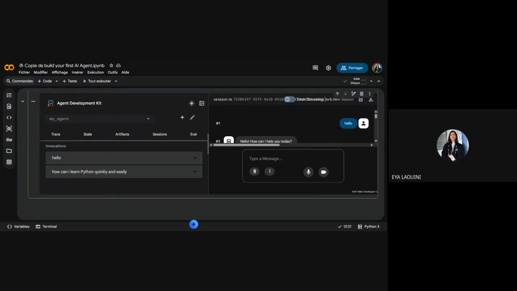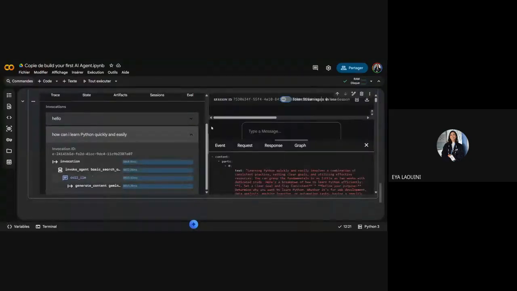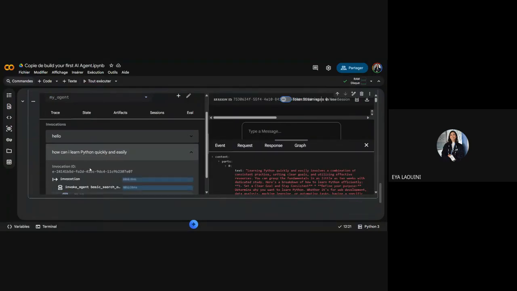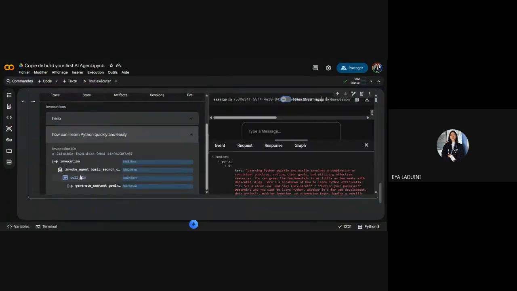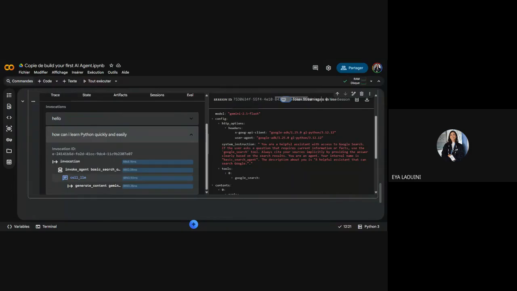Okay, so here, voila. So here, guys, if you can see, just go to sessions and click on call LLM. You will see events. You will see requests. So here we have the system instruction. As you can see, we are using